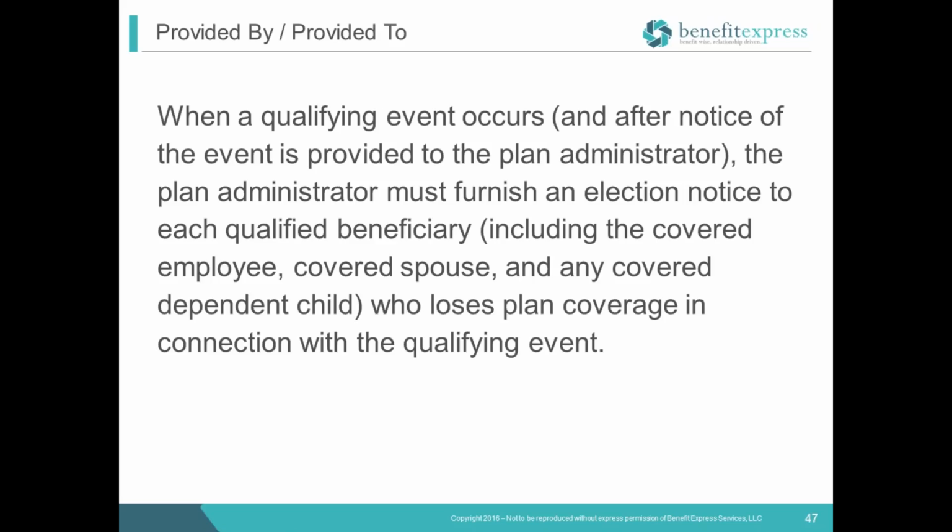Now, when a qualifying event occurs, after the notice event is provided, the plan administrator must furnish an election notice to each qualified beneficiary. If they're living in one place, you just give one. But if you have a qualifying event, the family loses coverage, and you have 2 or 3 adult children living separately, then you have to give each one a separate notice because they have separate